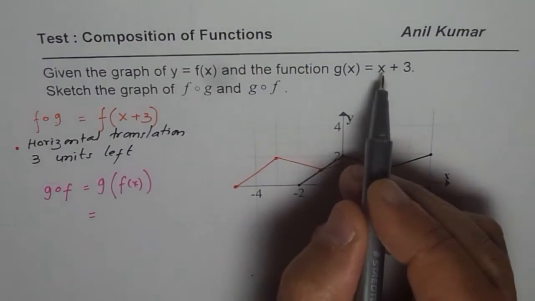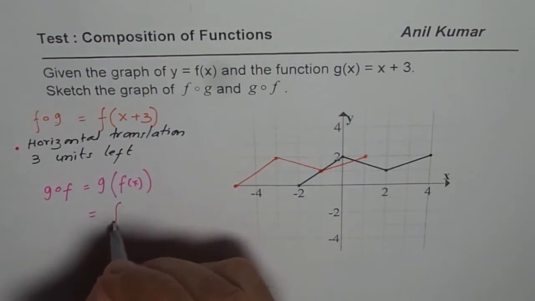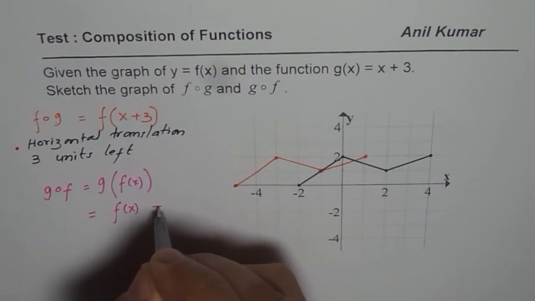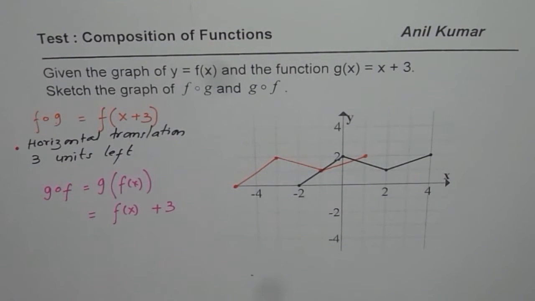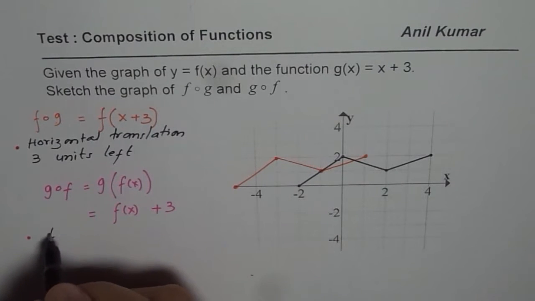So I'm replacing x with f of x, right, in this function. So I get f of x plus 3. Do you understand? That is what you get. And what does that mean? It means that the function f of x is translated